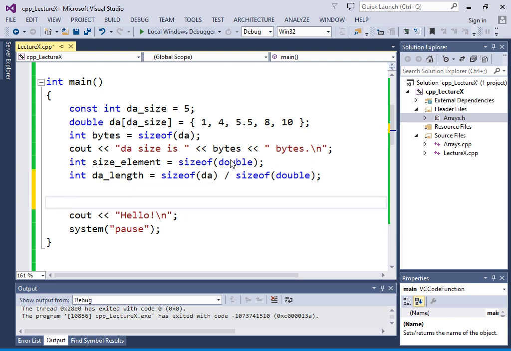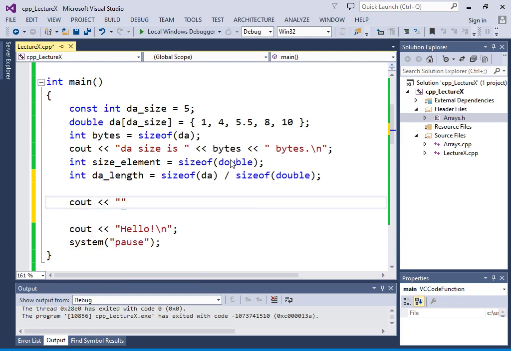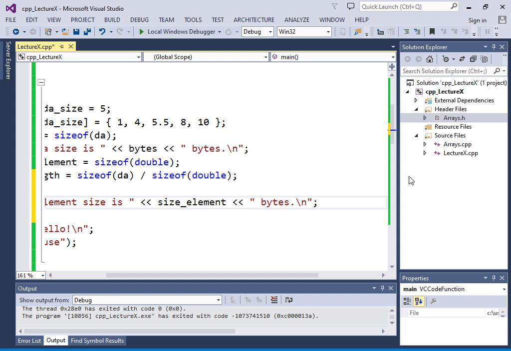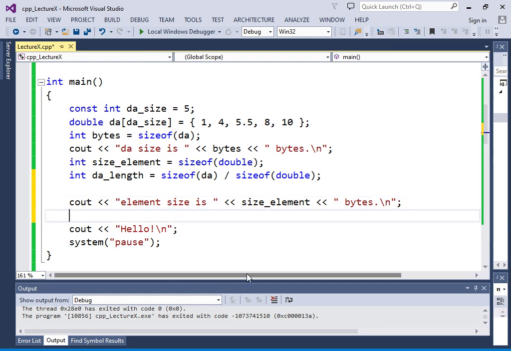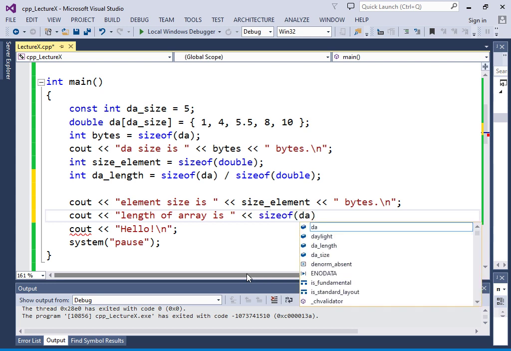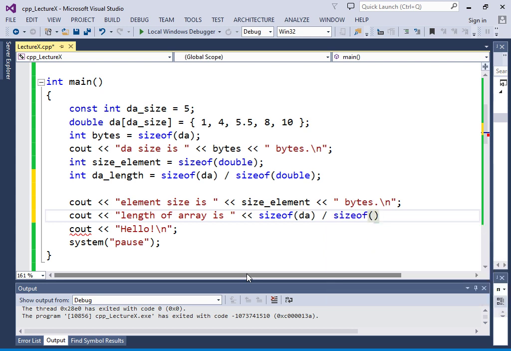We could print these things out, just for funsies. cout << "element size is " << size_element << " bytes.\n"; And then lastly, cout << "length of array is " << sizeof(dA) / sizeof(double) << endl;